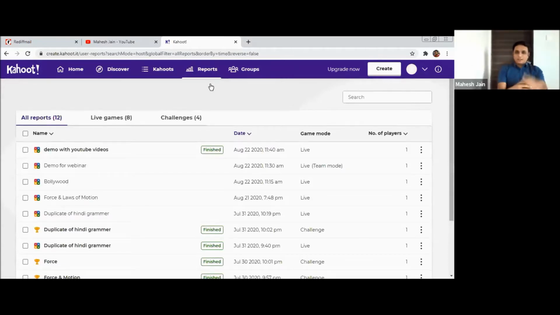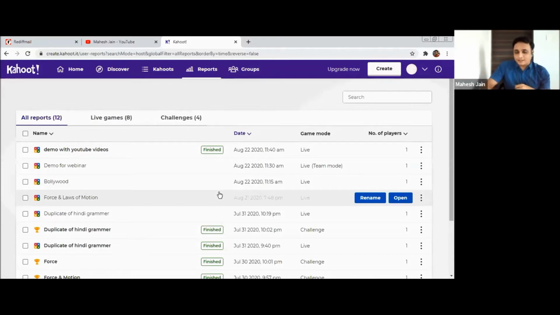Okay, so you can see all the reports which are there, whether you have created it, but is it complete? Have you played with it or not? So you can see these are all the reports which are there, but not finished yet. So now are we good to go? Let's talk about creating. So I'll click on create.